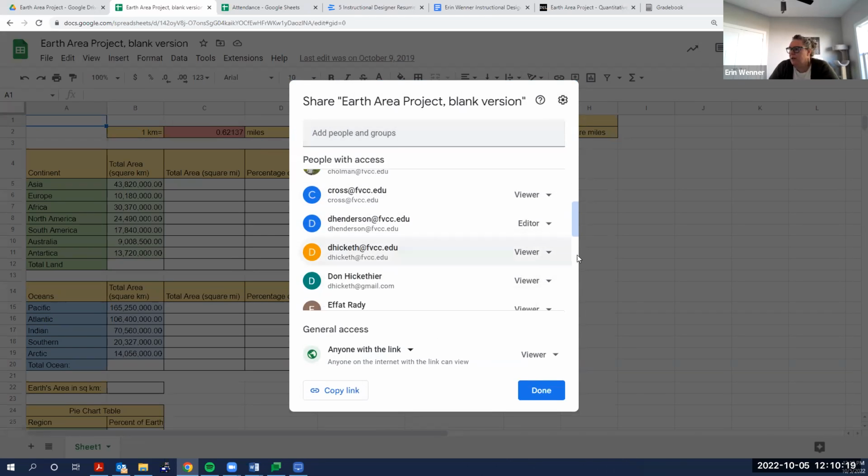And then the one thing I'm trying to figure out is where we can change the, oh, here, viewer. Instead of viewer, I want you to click on commenter. The reason why this is a good thing to click is then I can leave you comments in your Google Sheet on specific locations. So if there was an error in your calculation, I can click on where you made the error and I can give you a comment on what that calculation should have been. So instead of viewer, again,